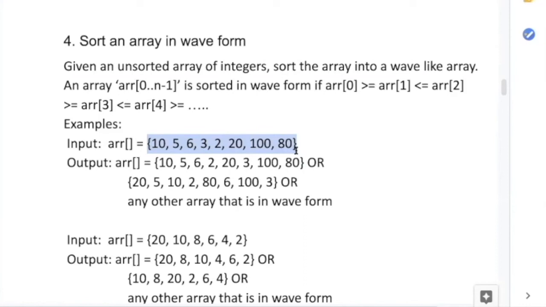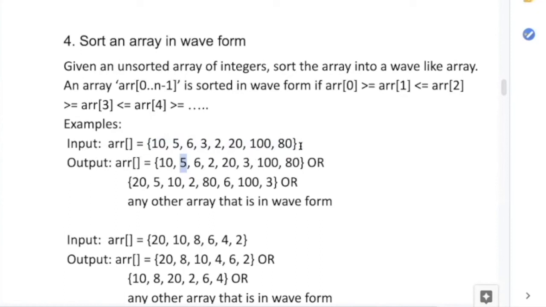So normally, what it is trying to say is that all the elements at the odd position should be more than the elements at the even position. Sorry, the element at the even position is more than the element at the odd position. So position 0 is 10 and the next is 5. So the odd position is this one and it is smaller than both the even position elements, like 0 and 2, and similarly like this. So it should be larger, smaller, larger, smaller. First large, then small, then large, then small, then large, then small. Like this it should be formed. So this is the meaning of this question.